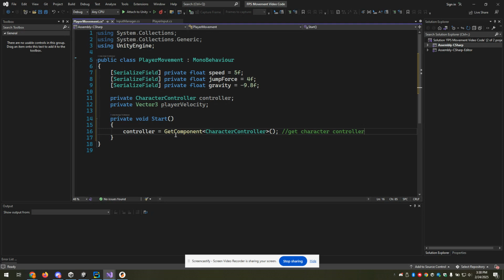And of course, that character controller does have to be attached to the character, otherwise this will not work. We'll add that in just a little bit. Before we do that, let's go ahead and add our movement method. Now, for the movement method, usually what we end up doing is we'll write a private void,